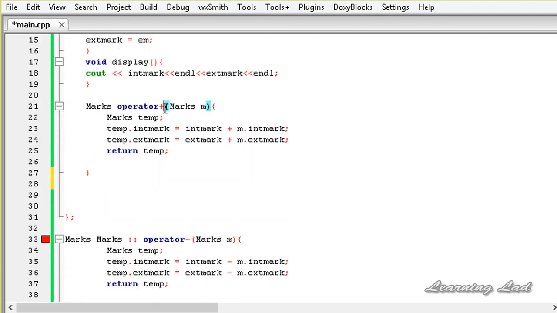So here after the definition of this operator plus, I'm going to write the return type of this operator minus, which is marks, and then the operator keyword and then the minus symbol, and then in parentheses we need to specify the parameters, which is going to be marks, and then add the semicolon. So just similar to the declaration of methods, we are declaring the operator here. Alright, now if I save this and build and run this program,